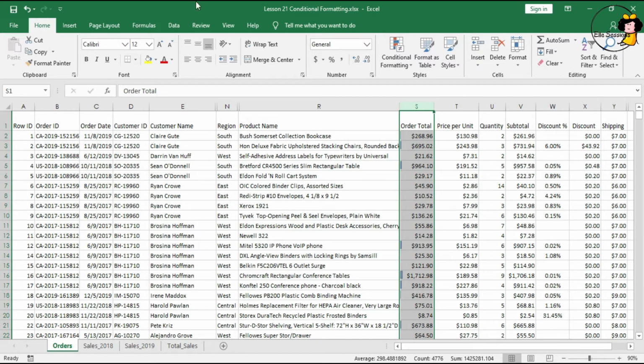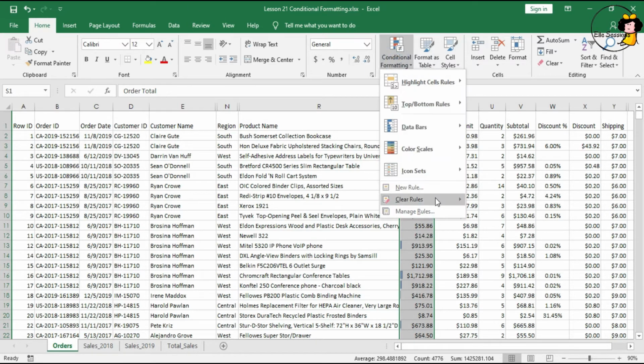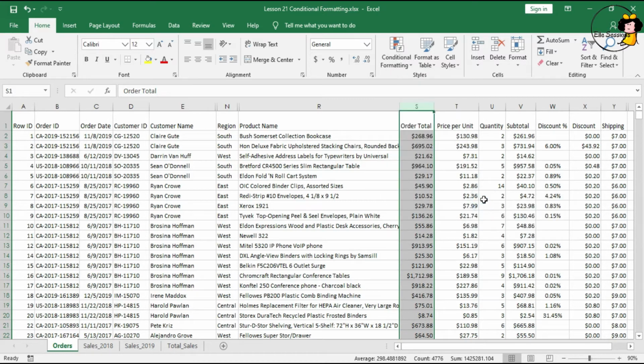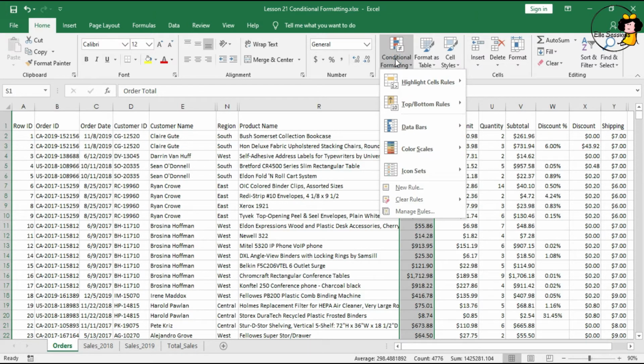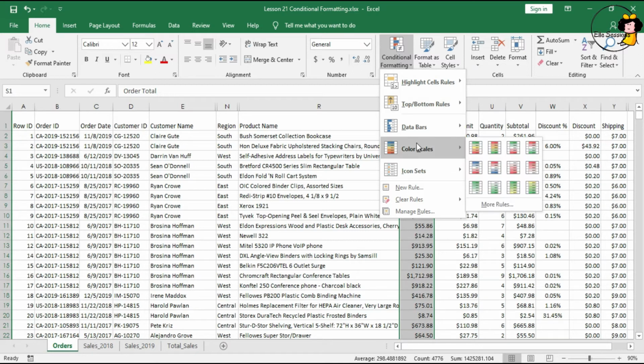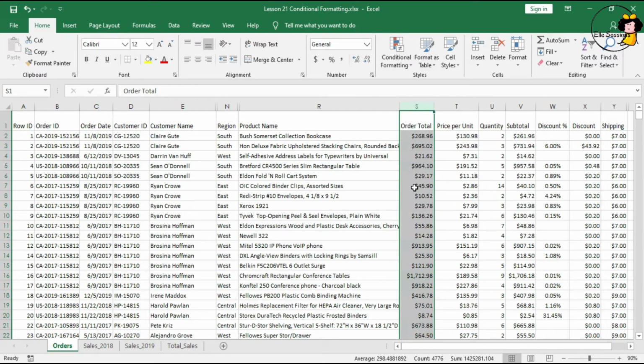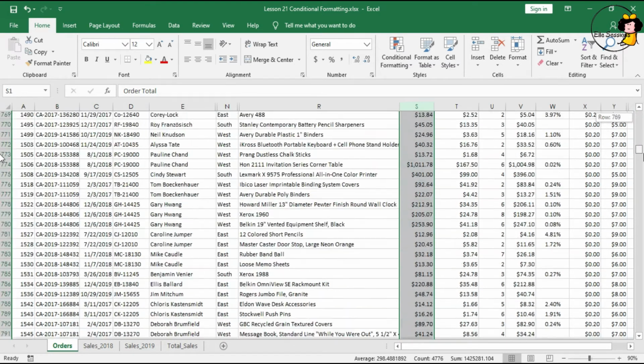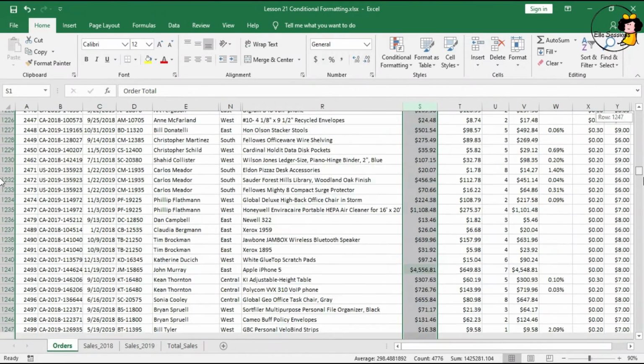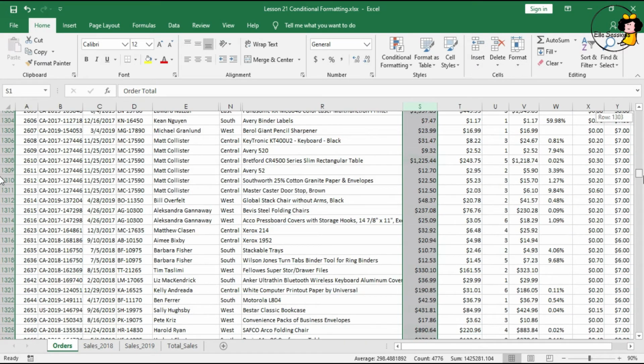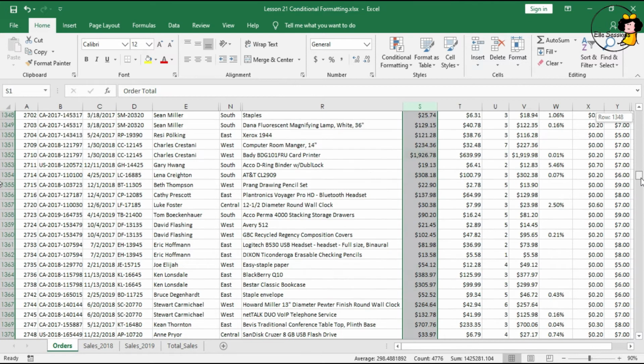Back to conditional formatting, we clear rules and clear from selected cells. Let's go back to conditional formatting again to see what else we have. Color scales, let's talk about that. So we choose this one. As you can see here, there are different colors at the bottom, and you can clearly see that